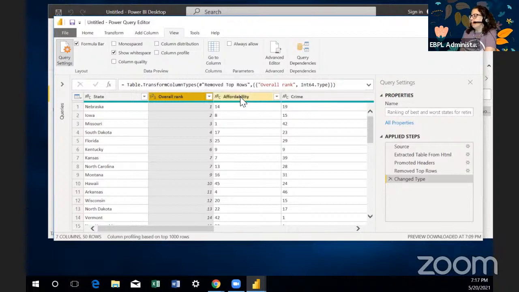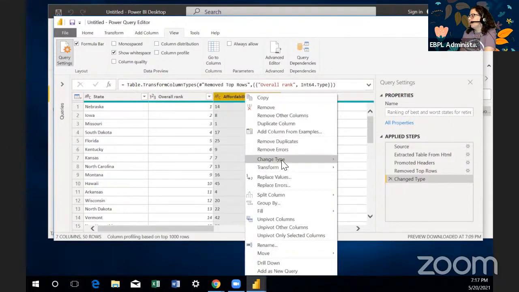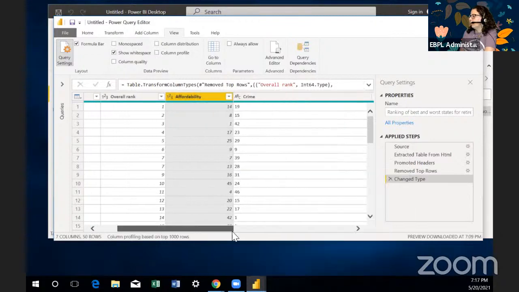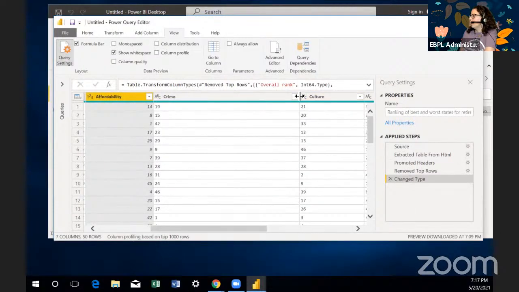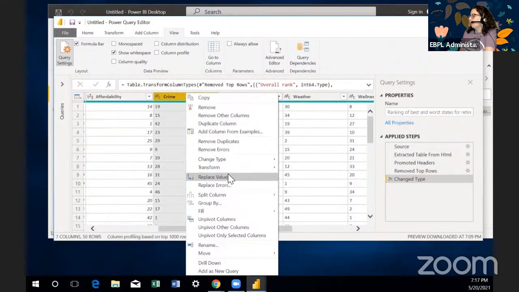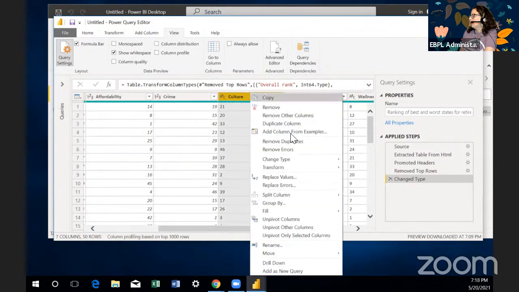So if you learn DAX, all this stuff becomes much easier. But right now we're just changing the data type. Go and change the data type here for all the columns except for state. So we're gonna do whole